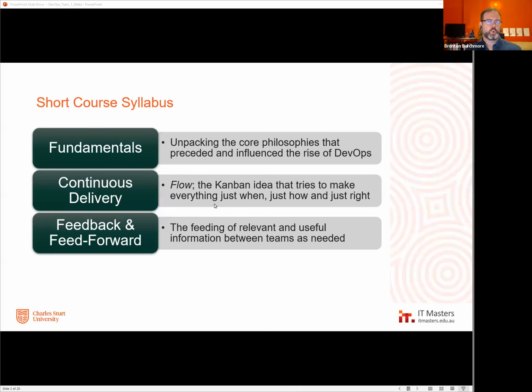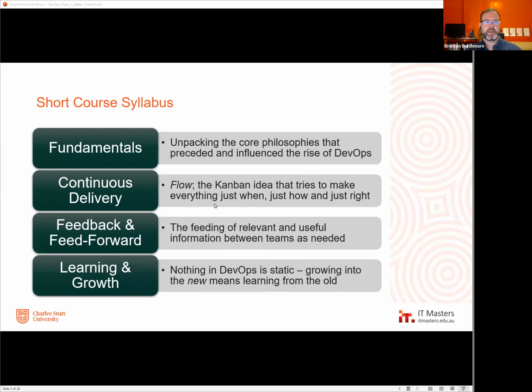In our third week, we'll talk about information flow between teams and between key stakeholders. So we'll talk about ideas like feedback and feed forward and how crucial and valuable the flow of information is between people involved. And on the final week, we're going to talk about learning and growth and how to create an environment, how important the environment is to support learning and the growth that's necessary, the evolution and continual improvement that comes from the opportunity to learn not just from our own mistakes, but from everything that happens.